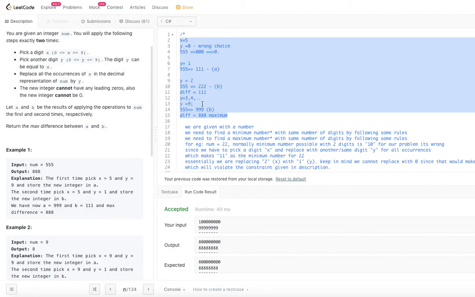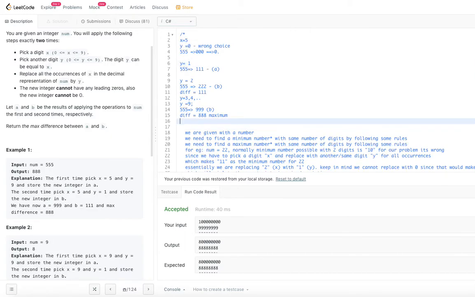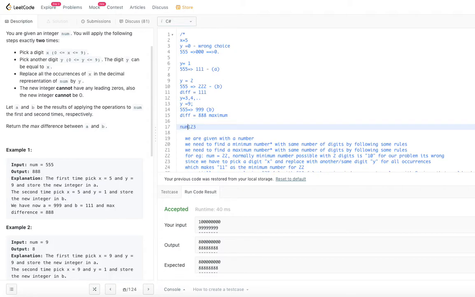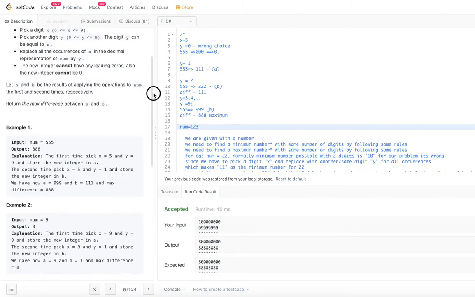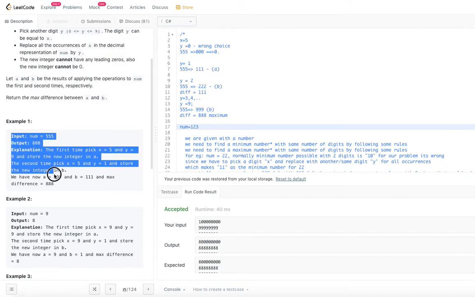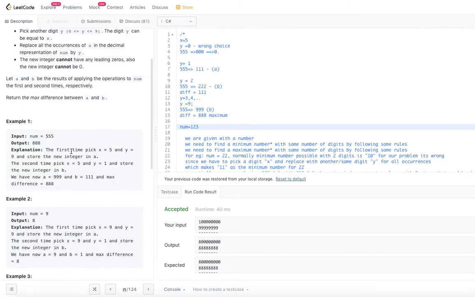So this is like a very easy example, I would say, because we just chose just one number and replace all the occurrences with that particular Y, right? But what if the number is 1, 2, 3? So this is when the problem comes, right? So if you go down and look for the more examples, so obviously the first example is straightforward. It's pretty easy to solve.